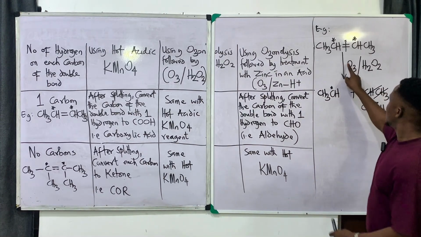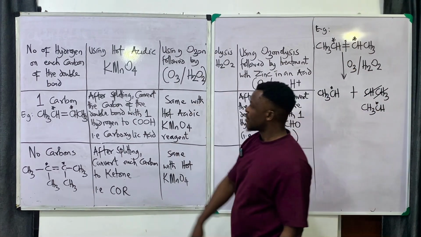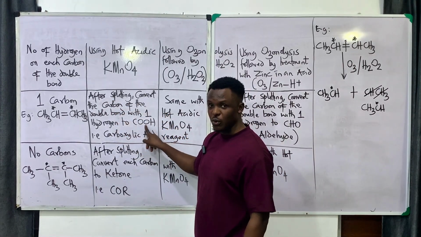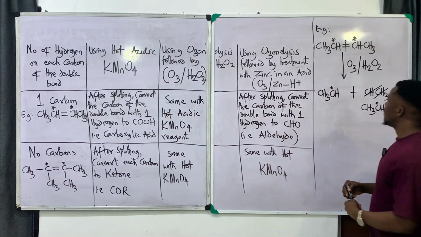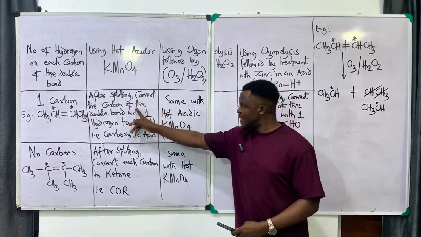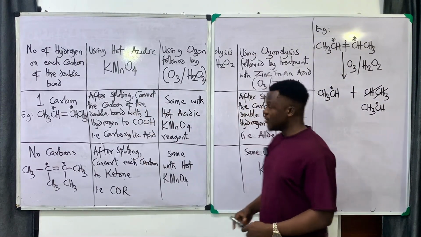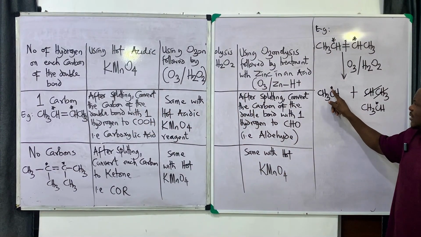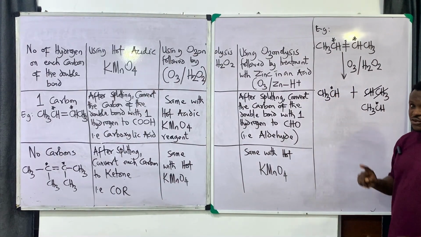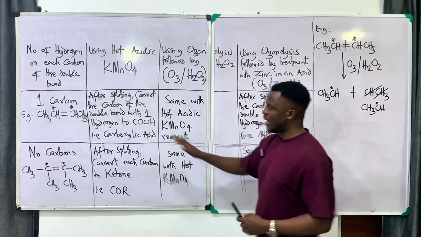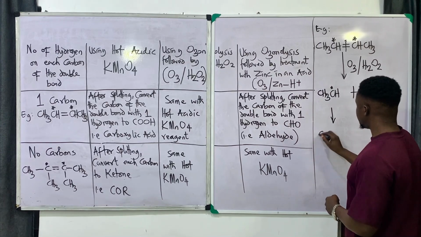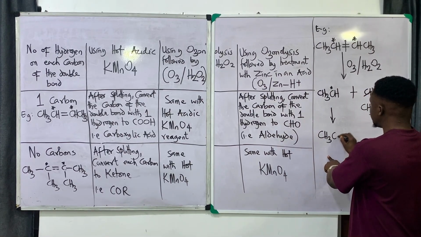Now let's look at what the rule says. After splitting, convert the carbon of the double bond with one hydrogen to COOH. So I'll come here. This O3 peroxide is the same thing, the same instruction that we're going to follow here. So we say this carbon that has asterisk was originally the carbon of the double bond, right? And this guy is having one hydrogen. And the rule says if it has one hydrogen, convert it to COOH. So this is what we're going to have. This becomes CH3 COOH